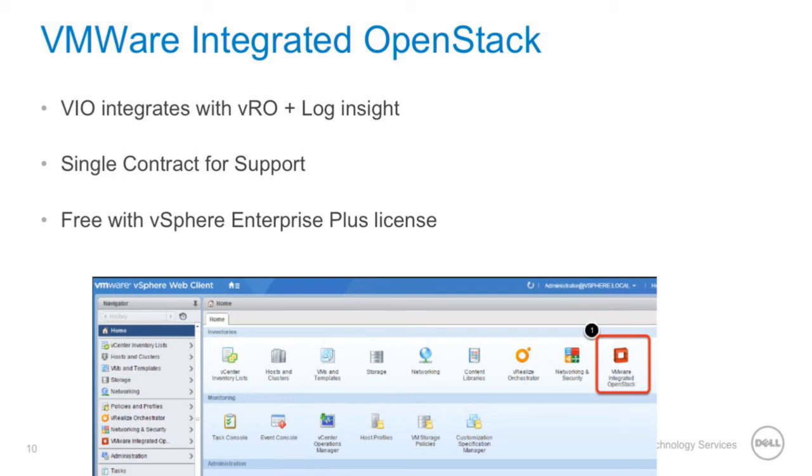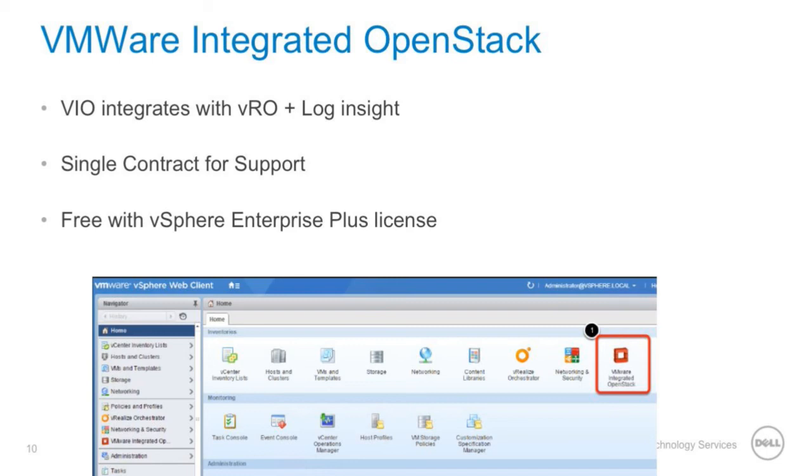Something very cool is that you just need one single contract with VMware, so you don't have to chase different vendors for help if something goes wrong. VMware Integrated OpenStack is free, so you just need to have an Enterprise Plus license,